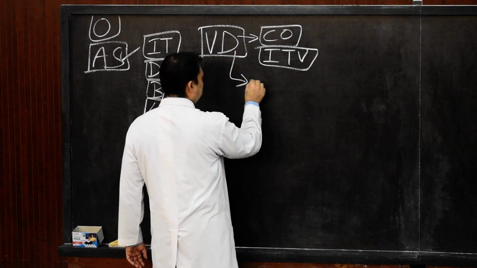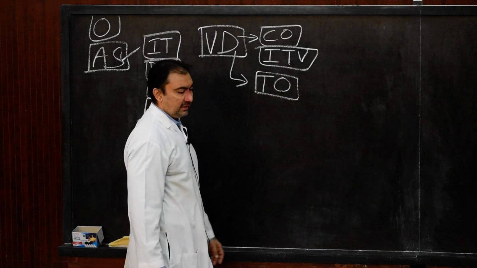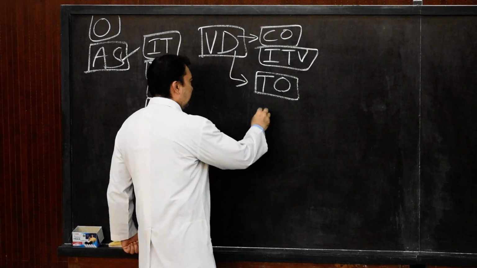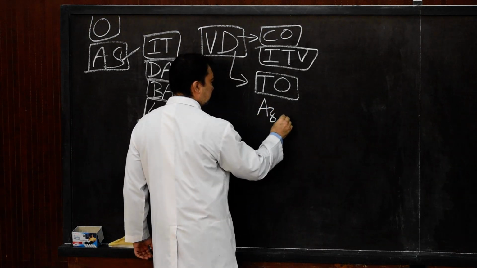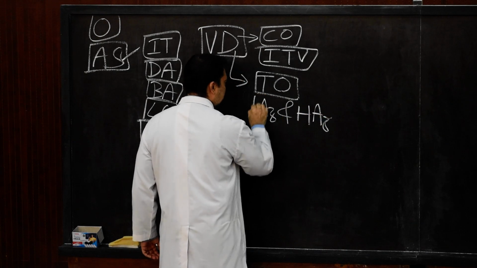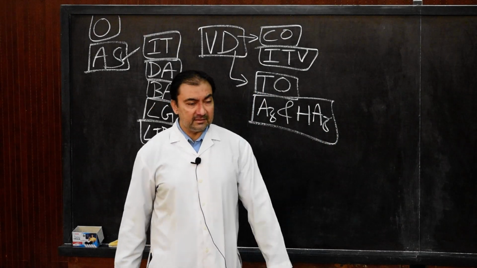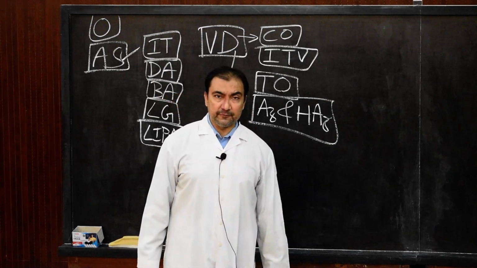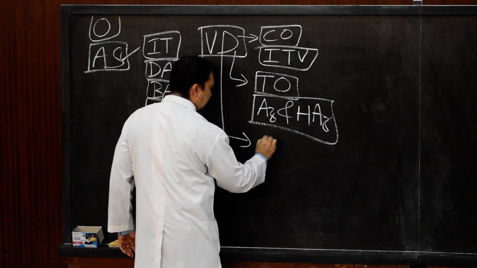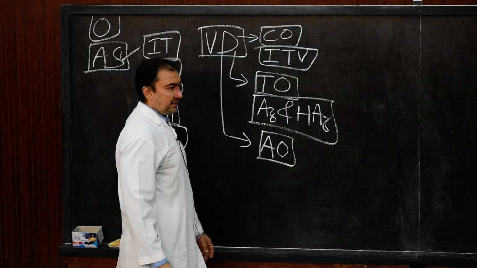Then we are having the thoracic segment of the esophagus, the thoracic part of the esophagus. They will drain their venous blood into the azygos as well as the hemiazygos system of veins. Thoracic part of the esophagus, azygos and hemiazygos system of veins, it will drain the blood. Then the last segment of esophagus, that is the abdominal part of the esophagus, will drain the blood.